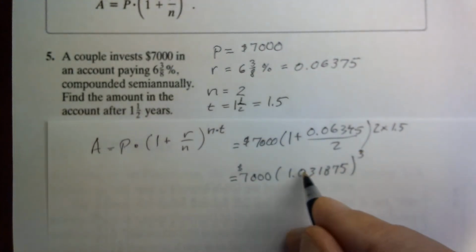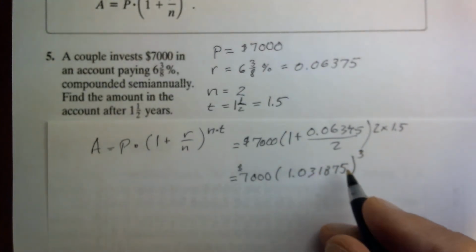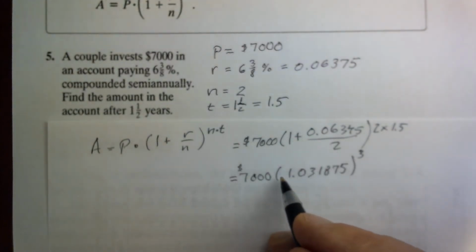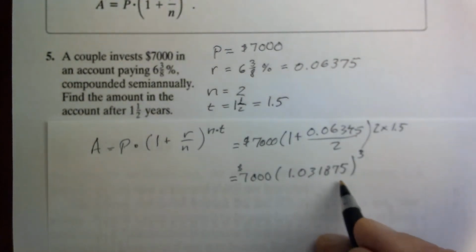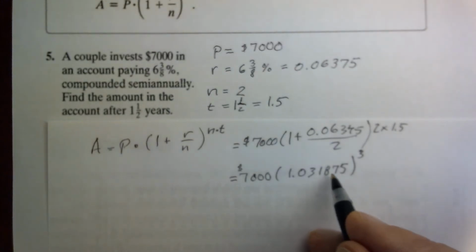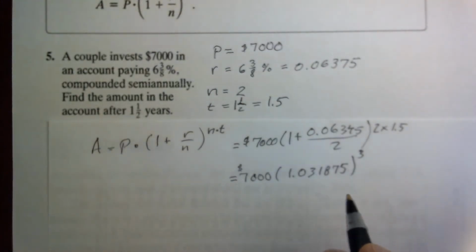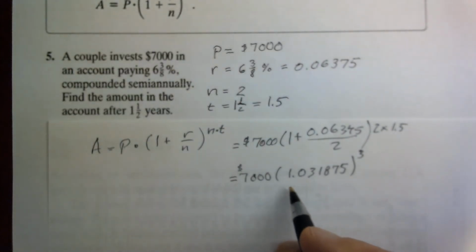So we raise this expression to the third power. I would encourage you to use your calculator to make sure you come up with the same expression for inside the parentheses. Now, raising this to the third power,